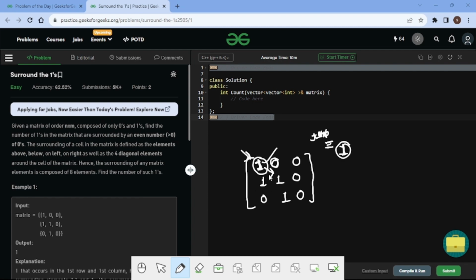Now we go to the next one and again count the number of possible zeros from left, right, up, down and 4 diagonals. If the count of zeros is even, then we increase the count variable and finally return the answer.